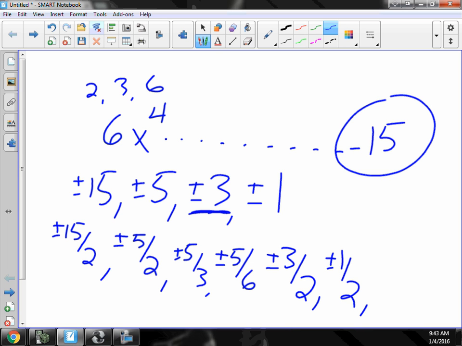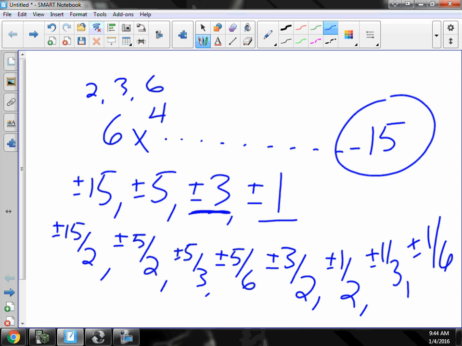And then we move on to the 1. 1 over 2 we already have. So plus or minus 1/3 and plus or minus 1/6. Now, hopefully by now you're looking at this and saying, why on earth would we do this? Well,